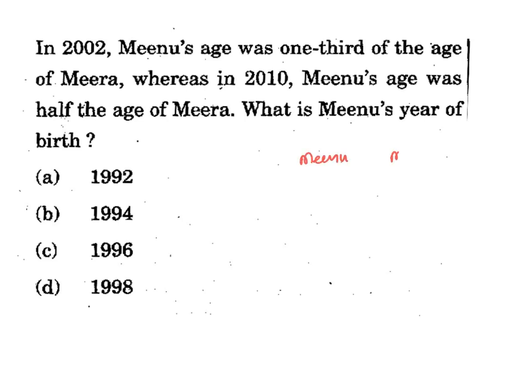Meera. That is in 2002. If Minu's age is x, Meera's age will be 3 times, because it is 1/3, so Meera's age will be 3x. Whereas in 2010, Minu's age was half the age of Meera. So 8 years after, naturally it becomes x plus 8. This becomes 3x plus 8, and he says it's half, which means double of Minu's age will be equal to